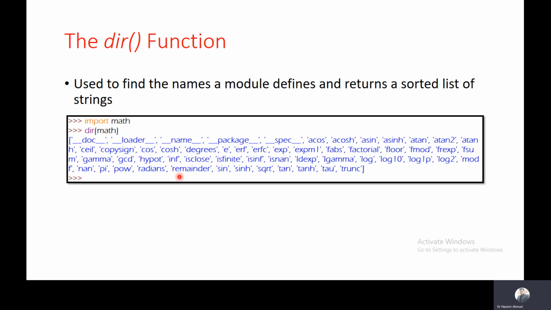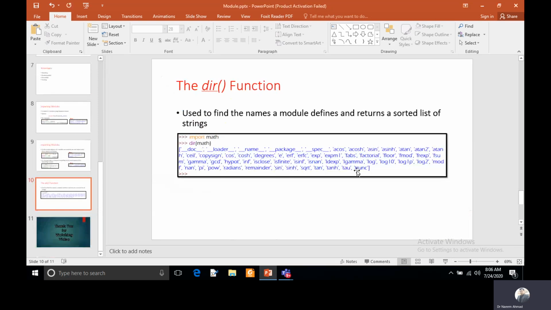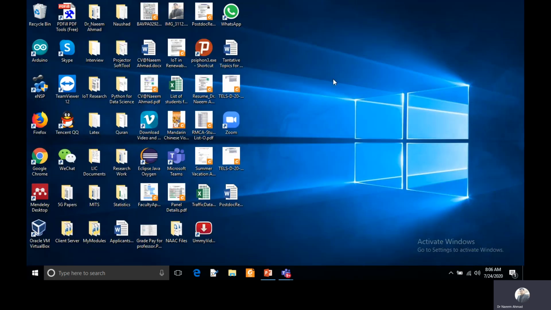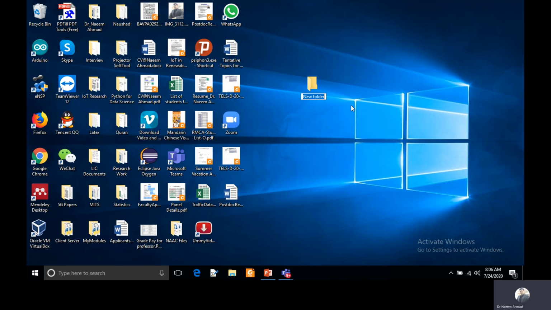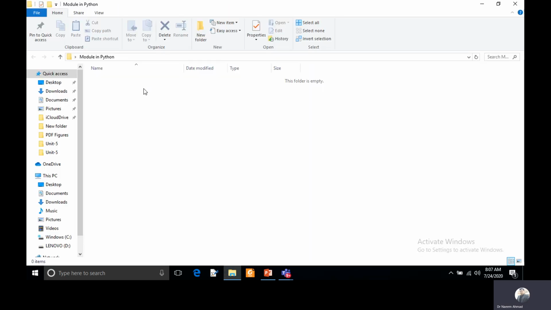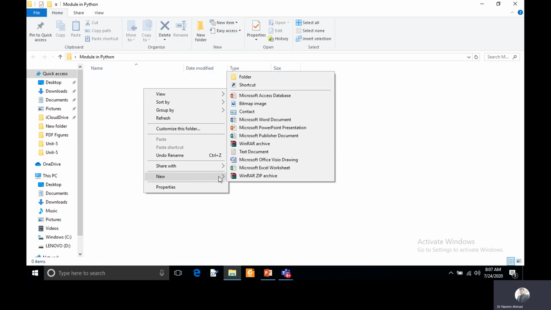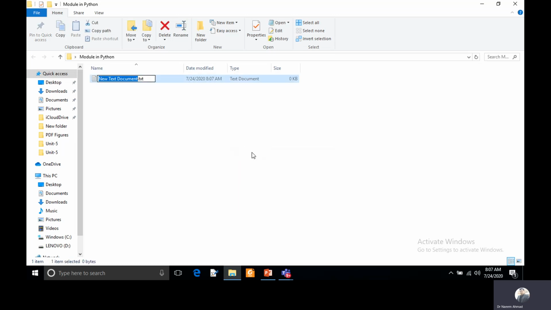Now we will go to a practical approach: how we can create a module, how we can use that module in our program, and how we can execute. So I'm creating a folder here, and I'm giving it the name module, and I will create modules in this folder. As you know, whatever file you create with the extension .py is a module.